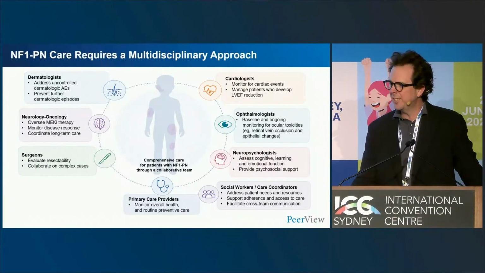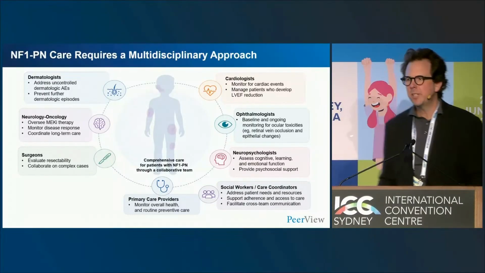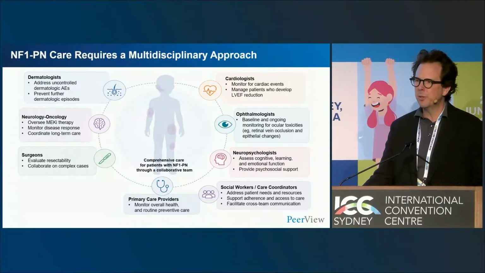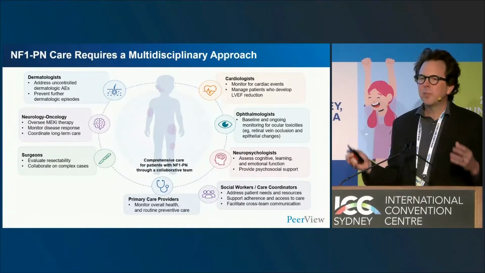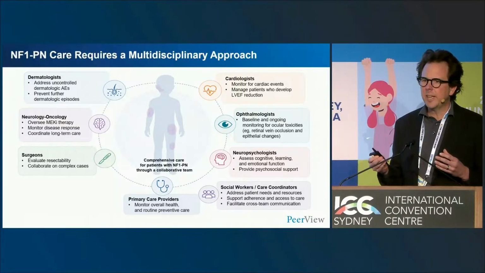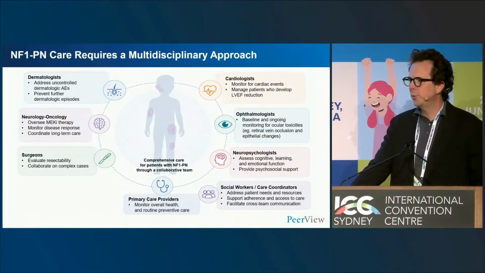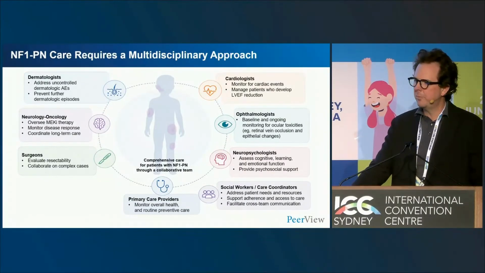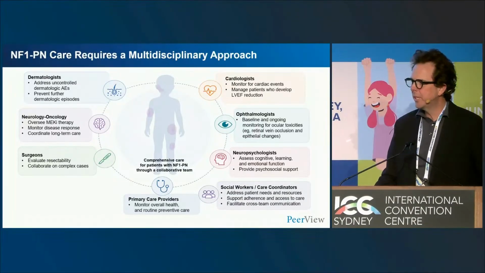And we acknowledge that whilst there is a potential best practice or perfect scenario that we would all love to have, the reality in different care settings means that often different clinicians are doing different parts of this work. But what this graphic really indicates is that we need to think about proactive, active surveillance for patients who are receiving care for plexiform neurofibromas and think about it from these different perspectives in care.